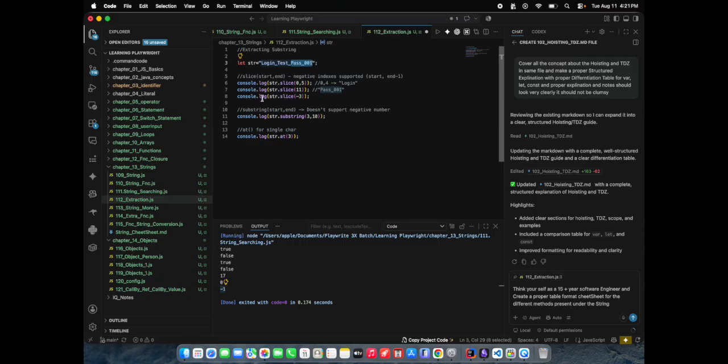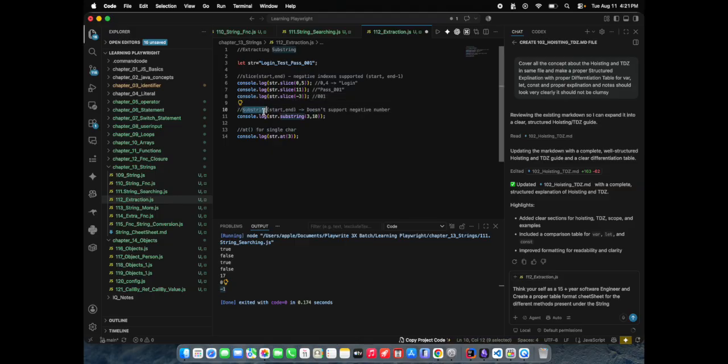And string dot slice with -3: as we already discussed, if you are coming from right to left, it will be -1, -2, -3. As we have not defined the end character, it will take until the end. It always reads from left to right, but with -3 it starts from the right, and goes until the end of the string.